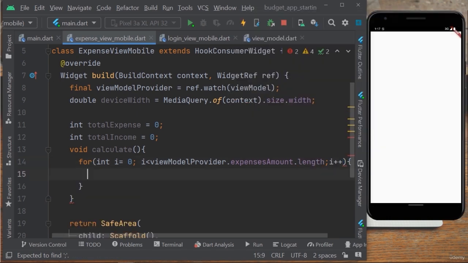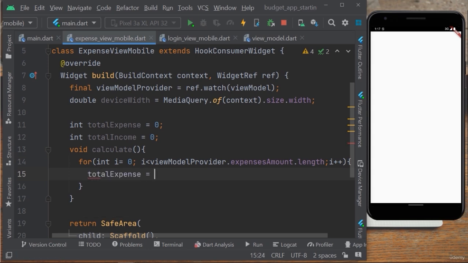We wanna go through all the expenses and add them to the total expense. So that's why we're writing total expense